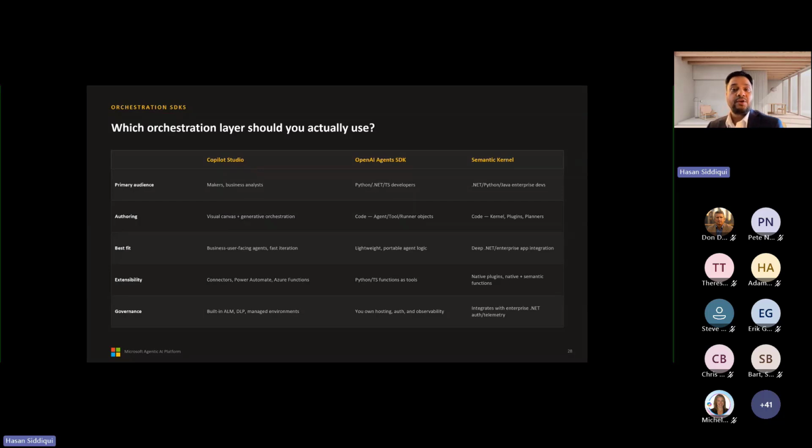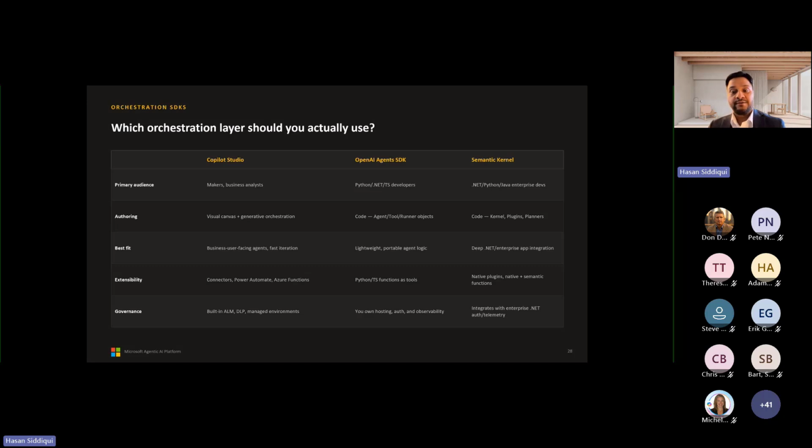Copilot Studio is aimed at makers and business analysts, with visual authoring and generative orchestration doing the heavy lifting, plus 1,400-plus connectors and Power Automate flows. As we covered earlier, it comes with ALM, DLP, and managed environments essentials for free.